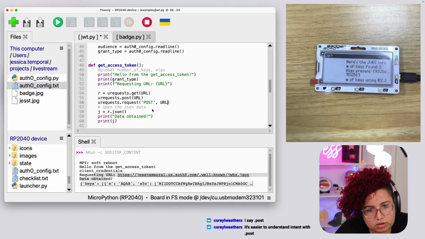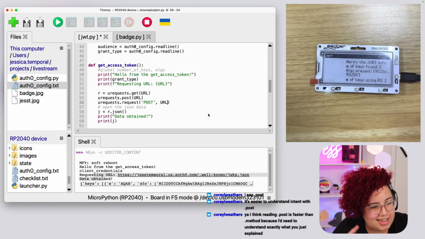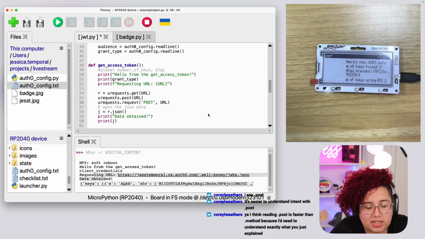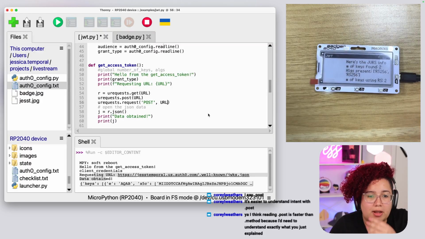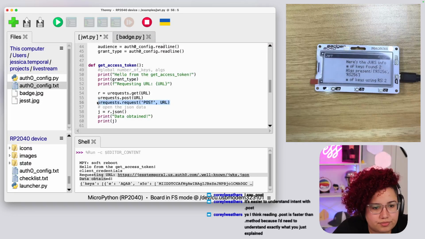Which one do you prefer? You think reading dot post is faster than the method? Because I need to understand exactly what you just explained. I see your point. Yeah, I guess it makes sense. Yeah, let's do the dot post then.